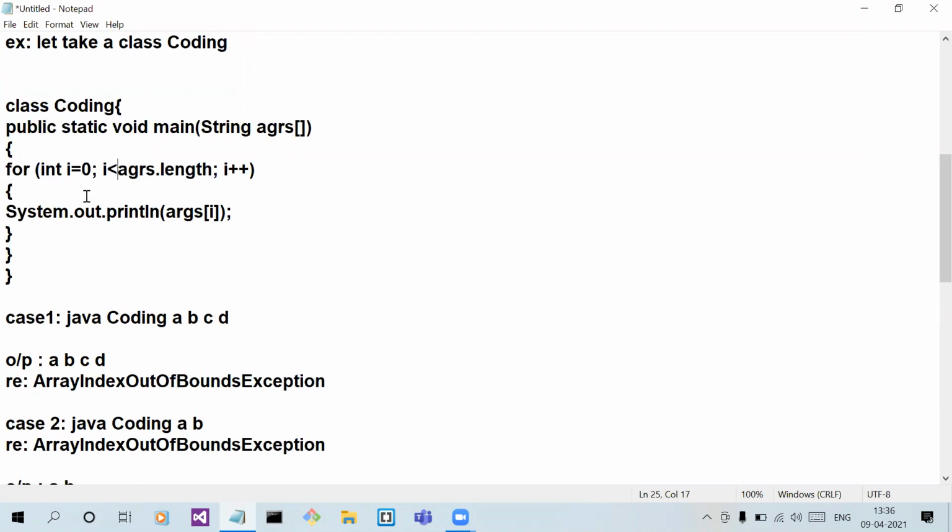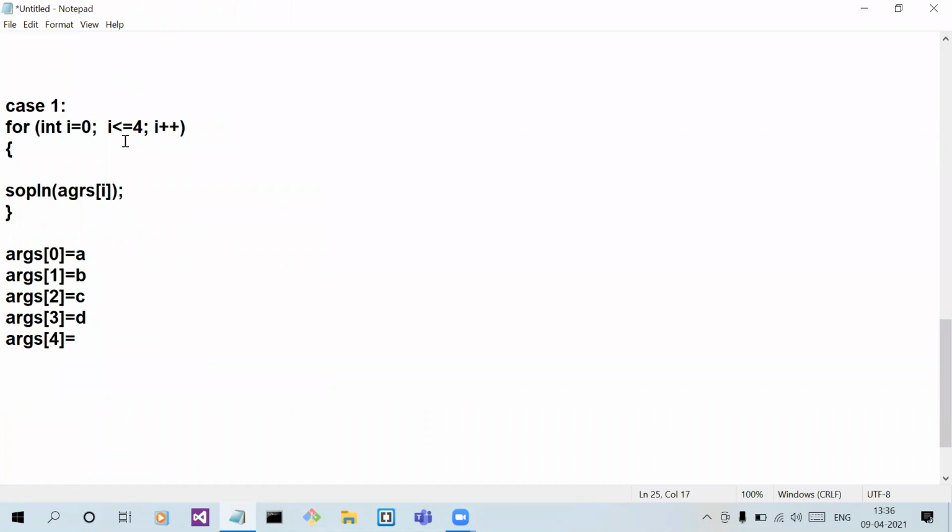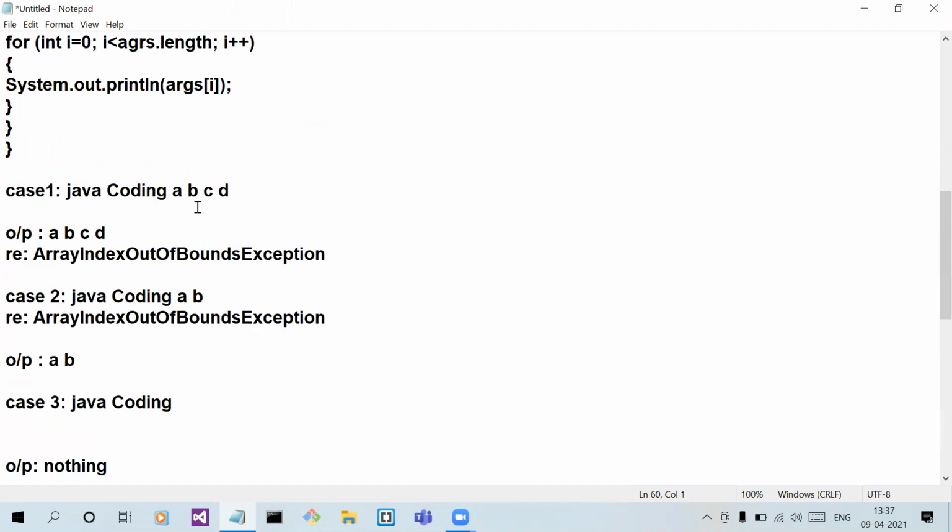Now if you change this condition, you will not get a runtime exception like array index out of bounds, because now i is less than args.length. So now it will not check the condition up to 4. It will stop here, so there is no runtime exception.